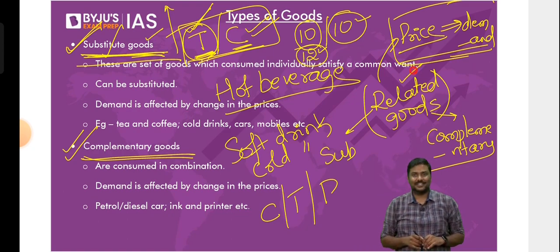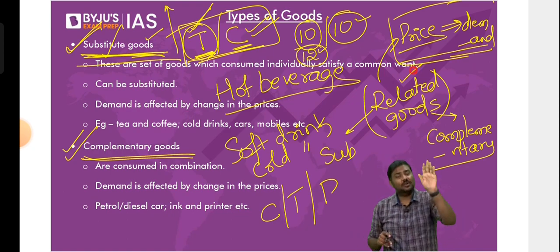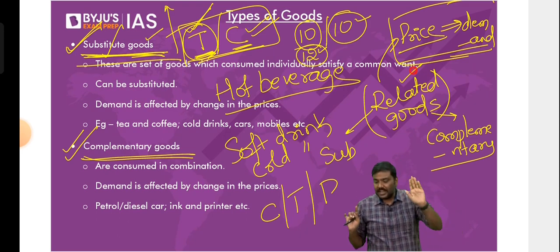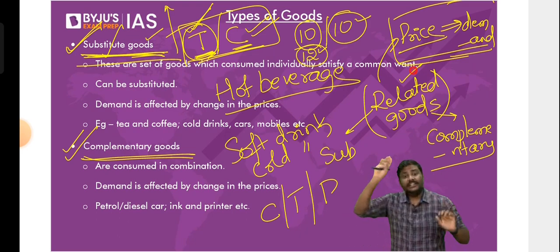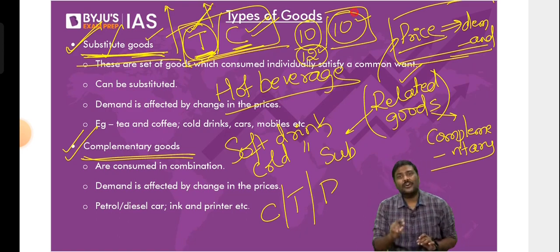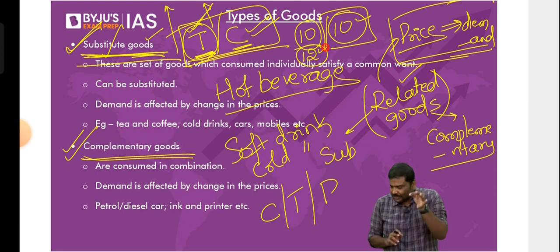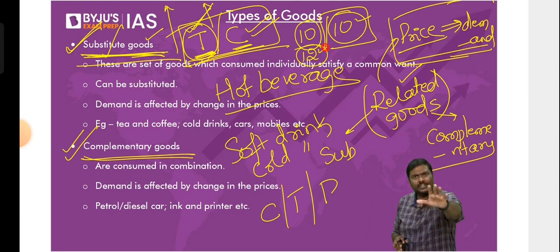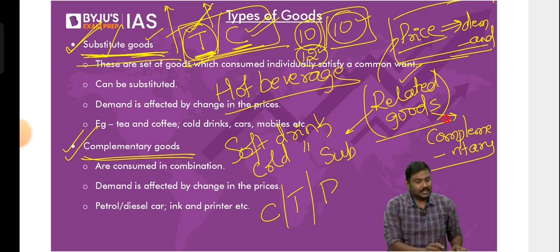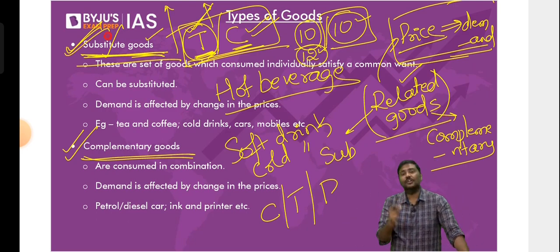Now look at the definition of related goods. Whenever a price change happens in one good, as a result of that, the demand for another good is affected. I'll repeat it again, don't get confused. Whenever the price of one good changes, because of this, the demand for another good changes. Has it happened in tea and coffee? The price of tea has increased. Has it led to higher demand for coffee? If it is not clear, let me know. The price of tea has increased. You looked at it and said, no tea now, let me jump to coffee. Done. Related goods: the price change of one good will affect the demand for another good. So these types of goods are called substitute goods. These are referred to as substitutes.